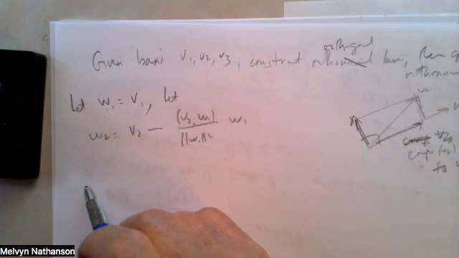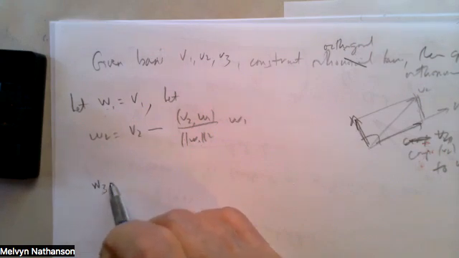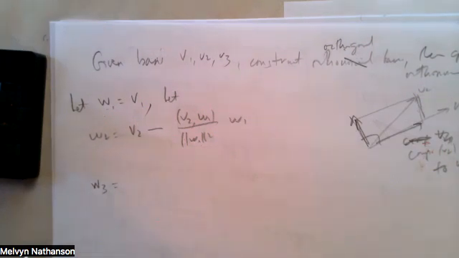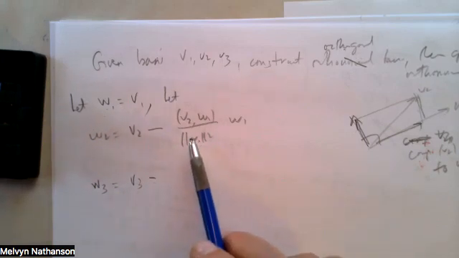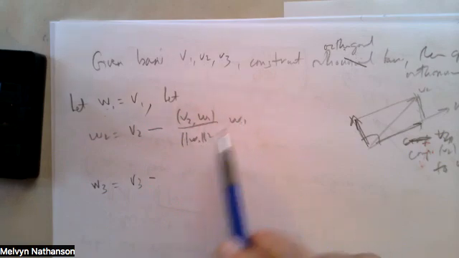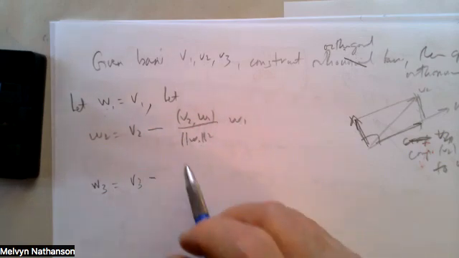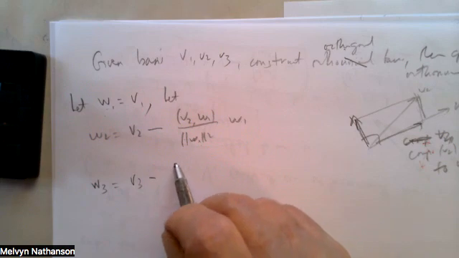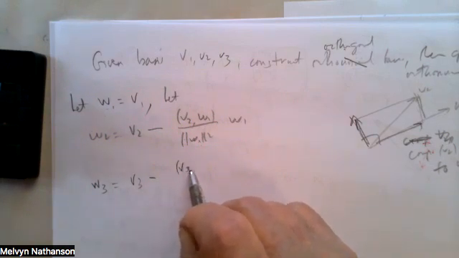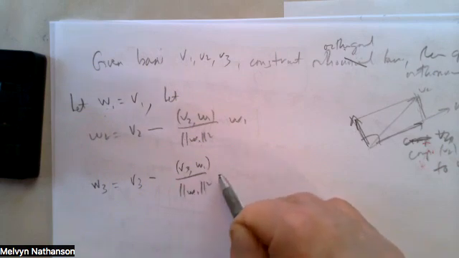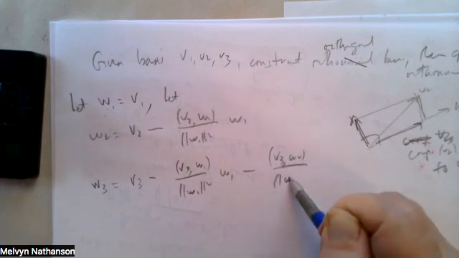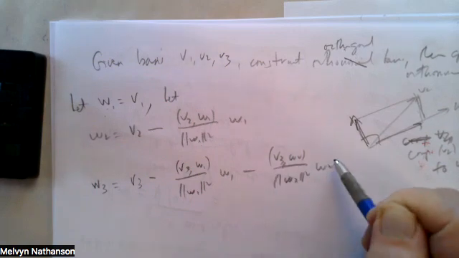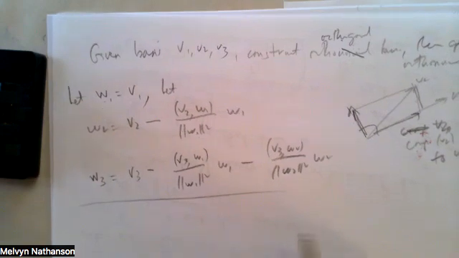And then how do I get W3? To get W3, I want to take V3 and subtract from it the components that are parallel to W1 and the components parallel to W2. So I'm going to take V3 minus V3 W1 over the length of W1 squared times W1 minus V3 W2 over the length of W2 squared times W2. So in this problem,